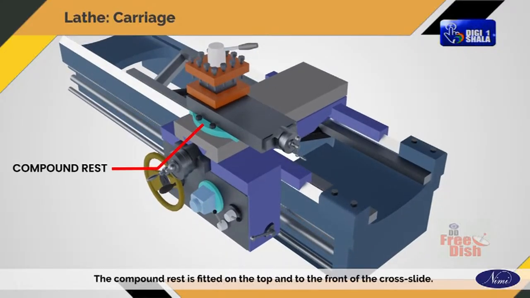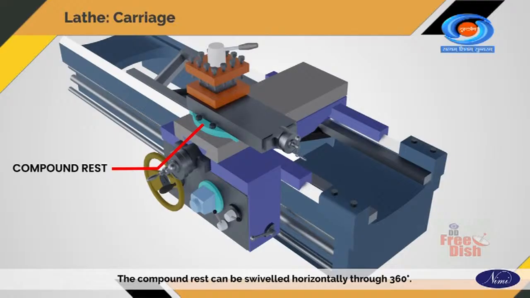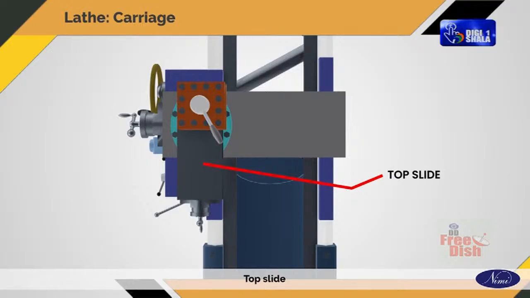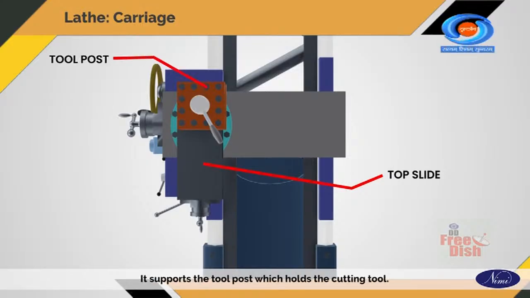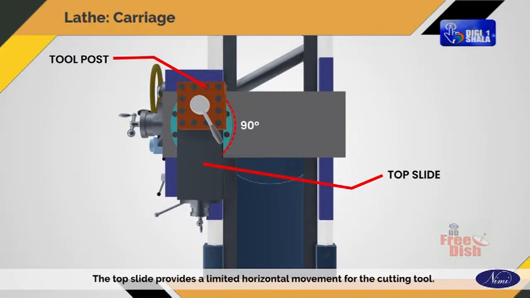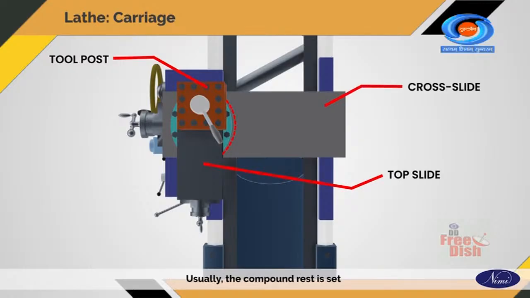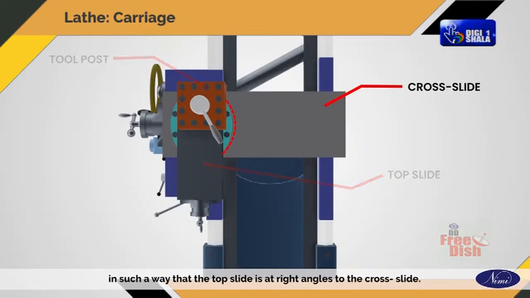Compound rest. The compound rest is fitted on the top and to the front of the cross slide. The compound rest can be swiveled horizontally through 360 degrees. Top slide. The top slide is fitted on the top of the compound rest. It supports the tool post which holds the cutting tool. The top slide provides a limited horizontal movement for the cutting tool. By swiveling the compound rest, the top slide can be set at an angle to the cross slide. Usually the compound rest is set in such a way that the top slide is at right angles to the